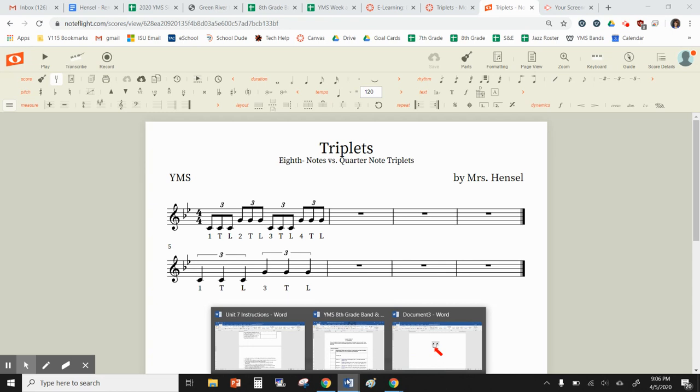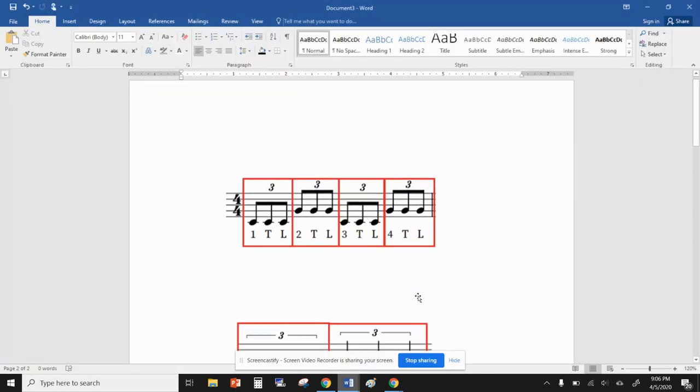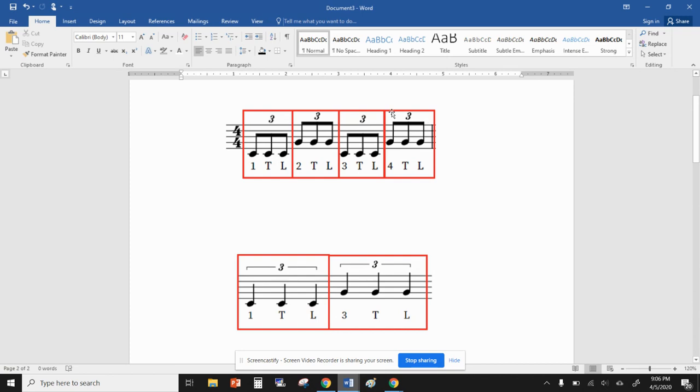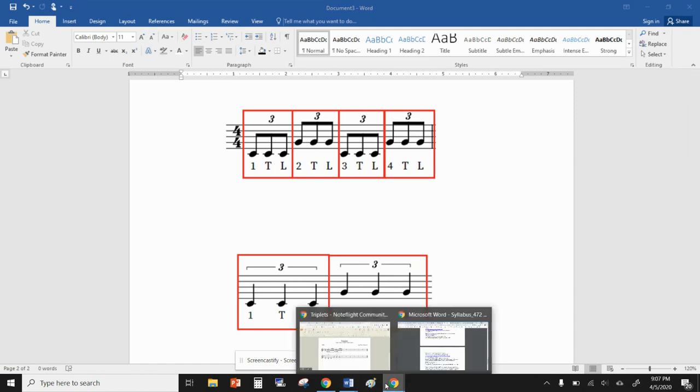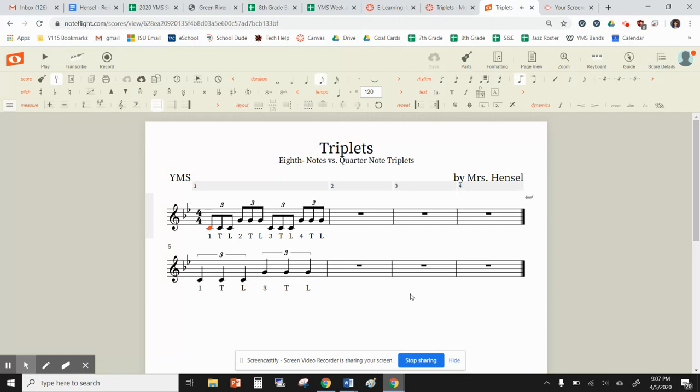So if I go back to this screen, you can see that eighth note triplets at the top, there's 4 different beats. Each triplet gets one beat. So this is 1, 2, 3, 4. And in quarter note triplets, they're worth twice as much. They're twice as long. So instead of each being worth one beat, they are worth 2 beats. So this quarter note triplet spans over beat 1 and 2, and this quarter note triplet spans over just beat 3 and beat 4. So if you wanted to listen to this,